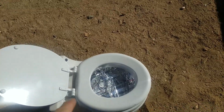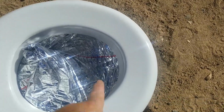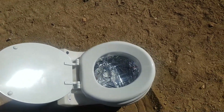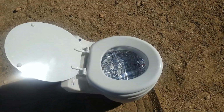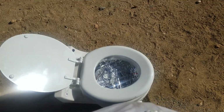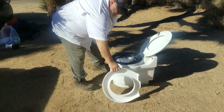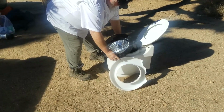Now, a nice little feature they have is just like a receipt tape. I don't know if you can see it there. There's a red line right there that warns you that you are about done with your toilet bag. You can also see how high it is up on the rim. So we are done here at Joshua Tree, and now we're going to take this thing and dispose of it properly. All right, so you just lift your lid. Here's that plastic piece again. Here's our little tub, and then